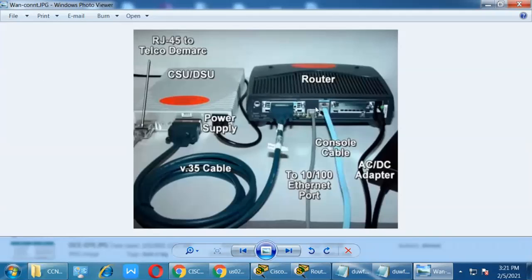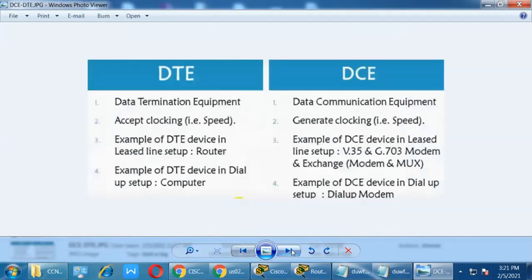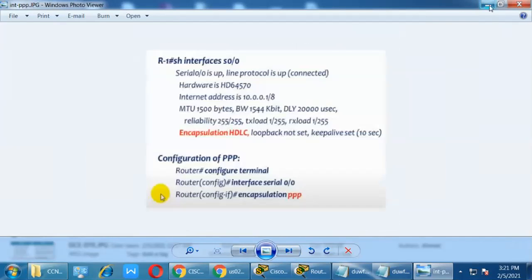How can you paste? If this is a new router, with the help of the console port you can enter the router and configure this interface. Already you have seen how to configure the interface, how to enter the interface. Clear? Right, these are the things.